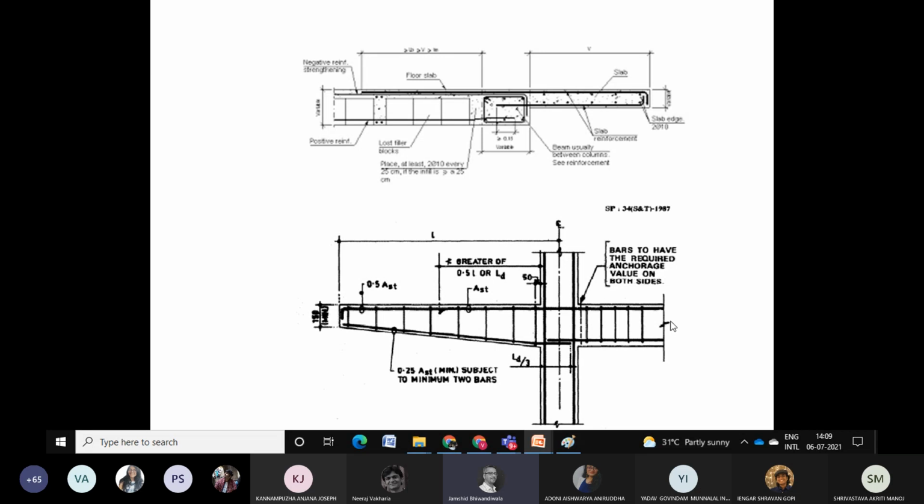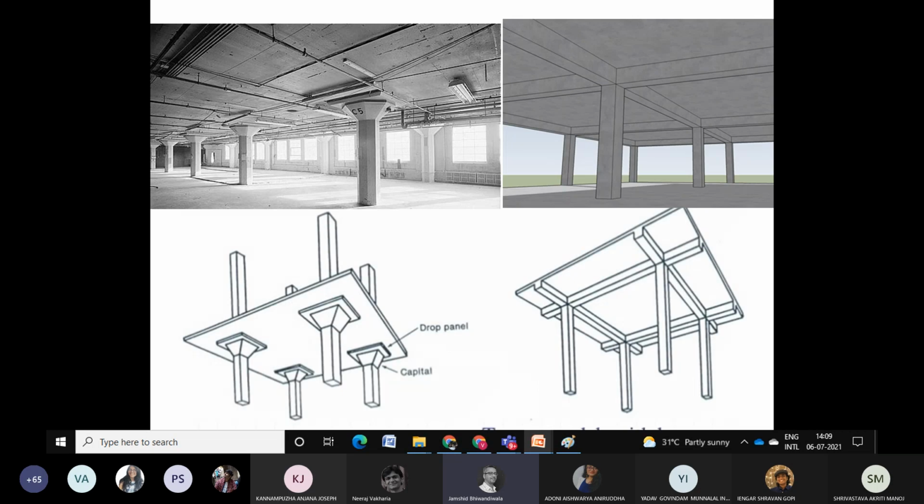Similarly in beams too, bars come along the top, they bend along the top and then get themselves entangled either in the column or the beam that runs along the periphery. That's a cantilever. So remember, in slabs your main bars are always along the bottom. In cantilevers, main bars are always more or less along the top.